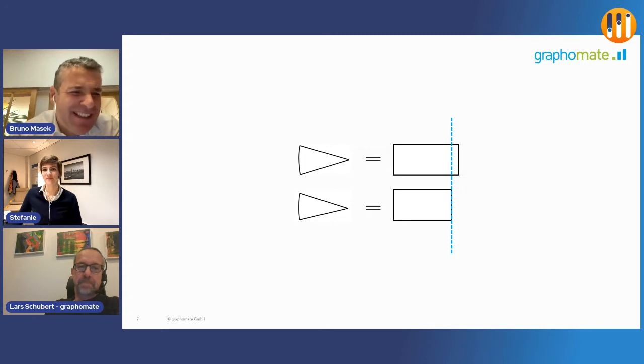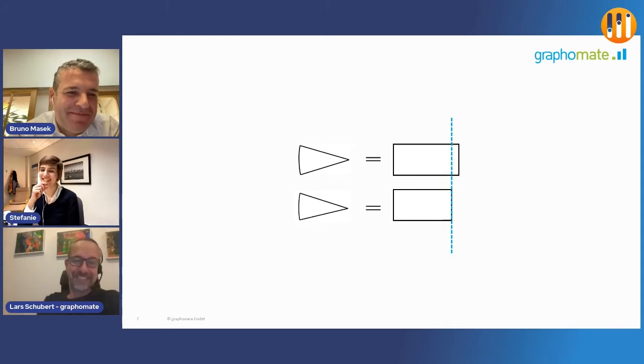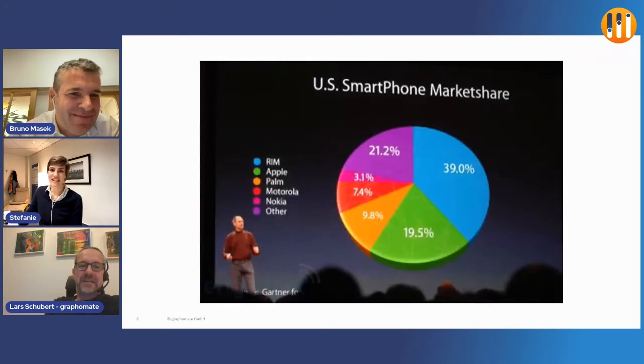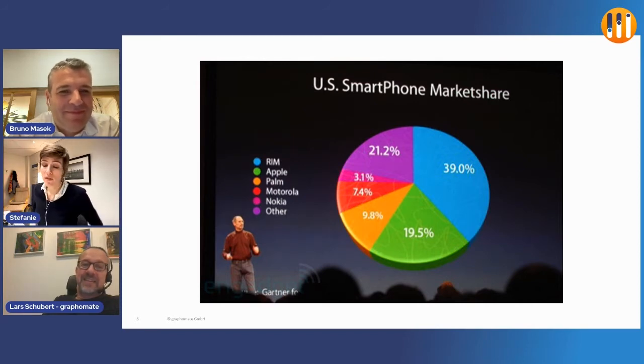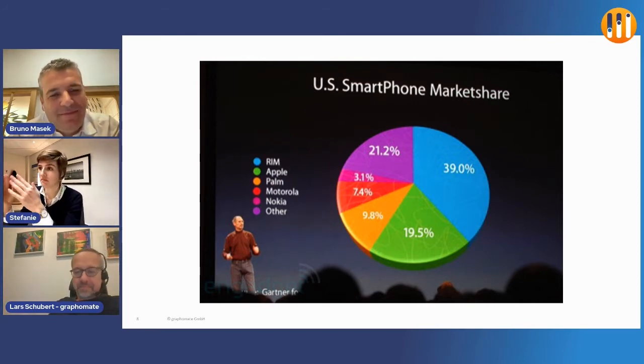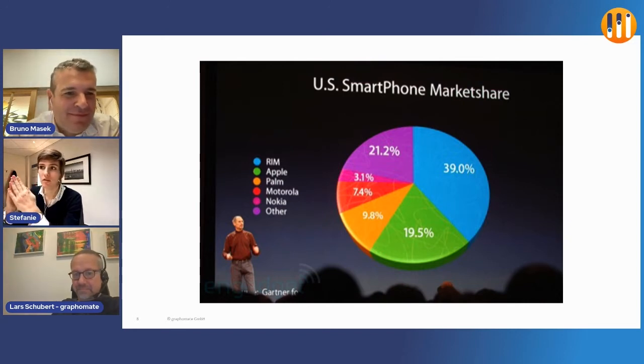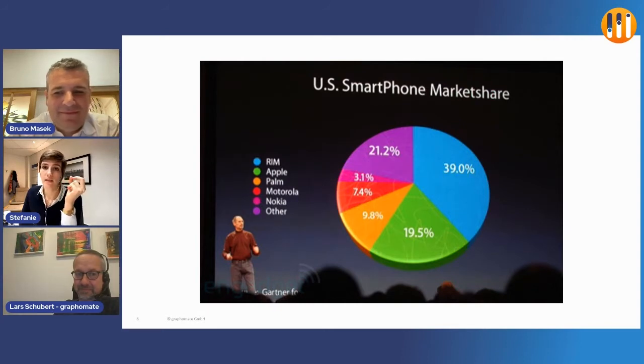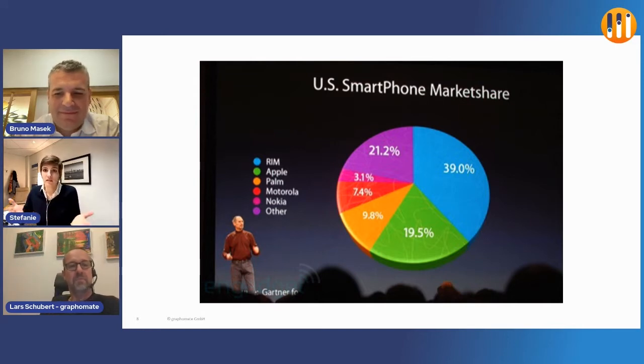But there are certain cases when it makes sense to use them. I think we have one in mind. Haven't we, Stephanie? Yeah. Bruno, that was perfect. But you know what's worse than a pie chart? Yes, a 3D pie chart. As we already said, we have very big problems counting the angle and matching the correct values with it. So when you use 3D effects on top, there's no chance we can bring the right information across and deliver the insights.